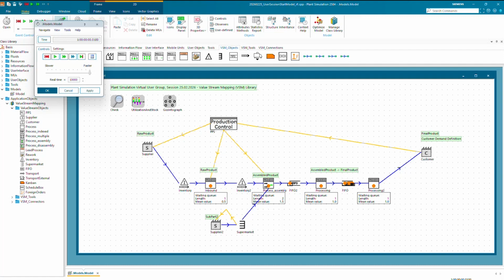And on this note, I'd also like to show you the third and last agenda point of our meeting: how can we now push this to a very user-friendly interface to the shop floor, so that users can also experience simulation even if they are not plant simulation experts.